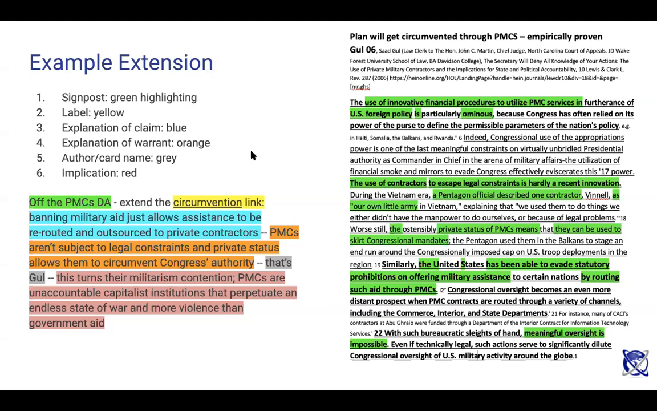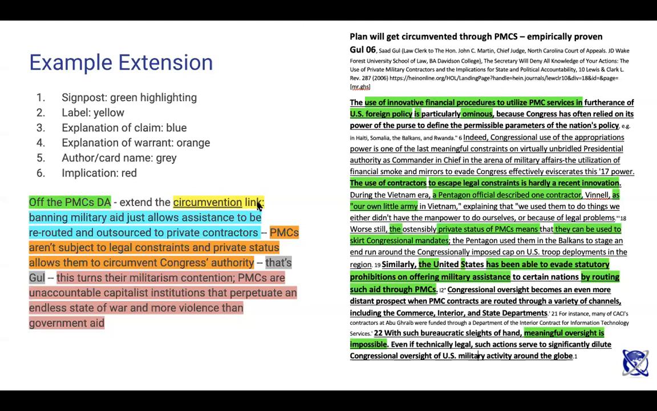But basically, you have the typical structure of an extension all labeled here. So you have the signposting, which is off the PMC's disad. And this is the position or the off-case argument that the extension is referring to. This is very similar to thinking off of the PMC's contention, same thing. PMCs is really just standing for private military contractors, an acronym that is used in this topic and the literature. After that, you would say